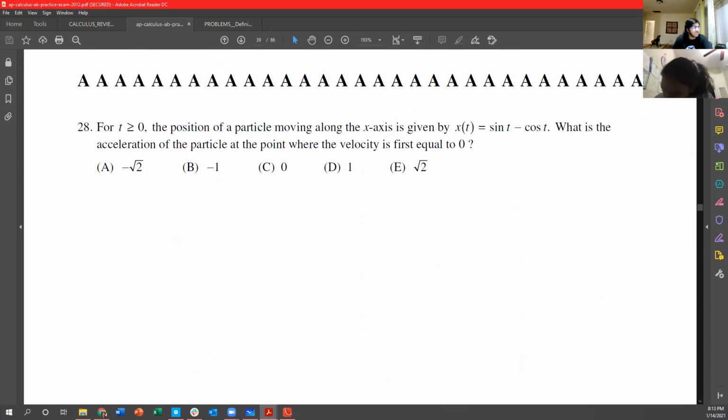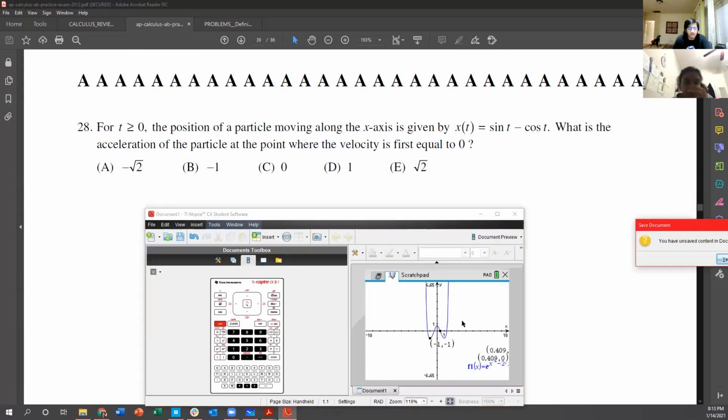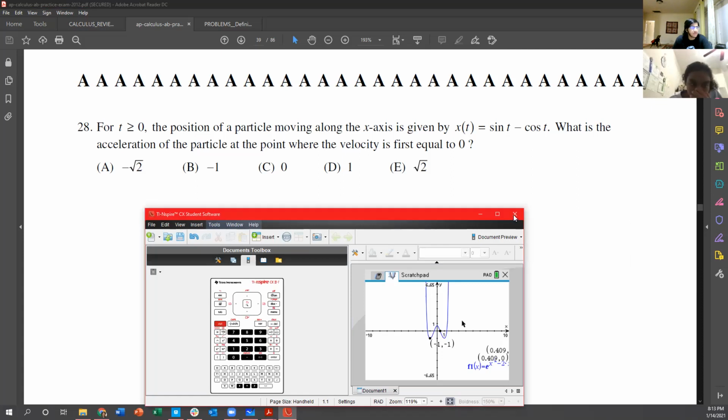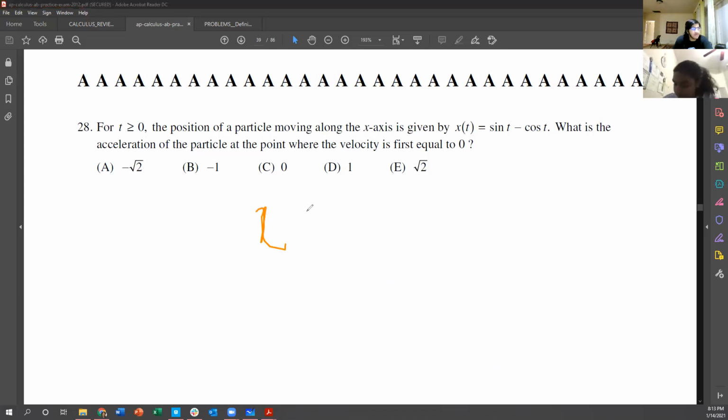For t greater than 0, position is given by that function. What is the acceleration of the particle? Sorry, let me close out my calculator since we're not going to need that anymore. What is the acceleration? If we have x and we want to find acceleration, we need to find the second derivative. So x prime of t is cos t